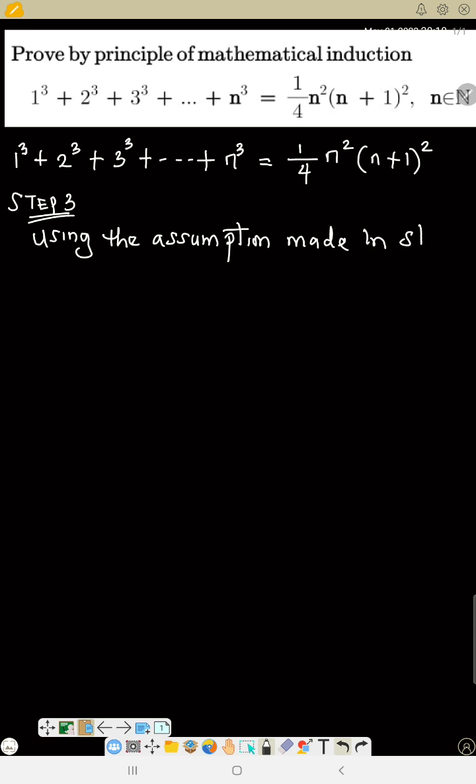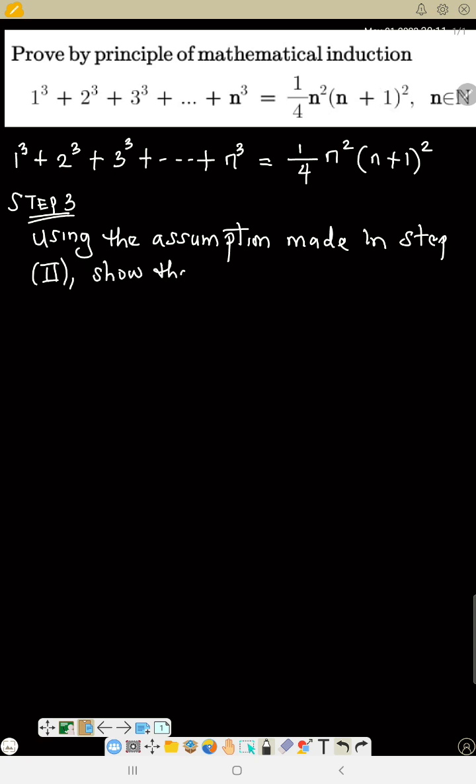Step 3: using the assumption made in step 2 above,